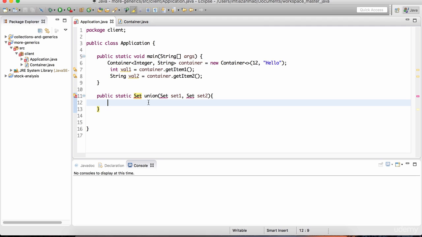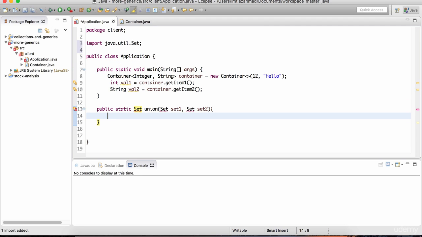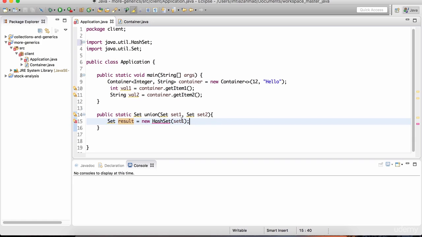So let's just do a quick Control-Shift-O to bring in the import for the set interface. And I'm going to define a variable in here called result. That's going to be of type set, and we're going to do new HashSet. And you're probably noticing that right now, this is not a generic method. To the argument of HashSet, when we're instantiating this HashSet, we're passing in set1. So that result contains the values that are in set1. Let's do the Control-Shift-O to bring in the import for HashSet. And now all we have to do is